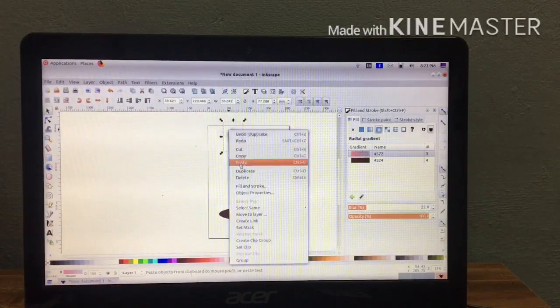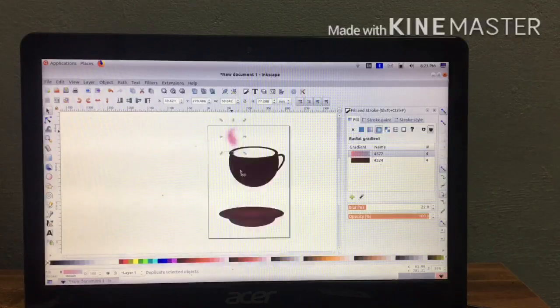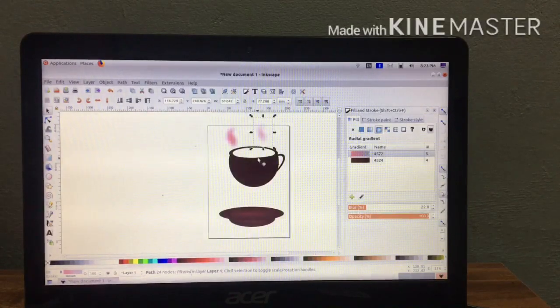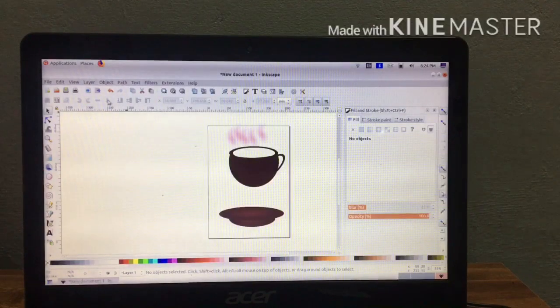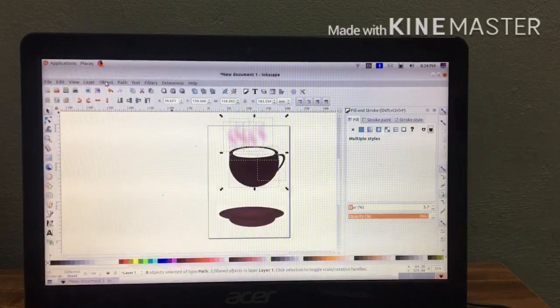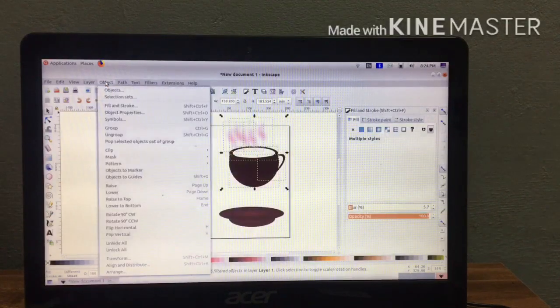Then take duplicates, then rearrange those lines properly. Those lines you can use as the steam of the tea. Okay, so the cup is ready and also the steam of the tea.